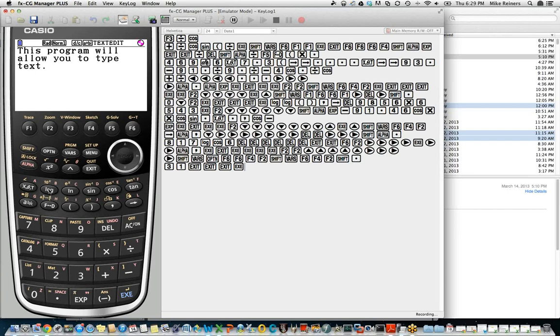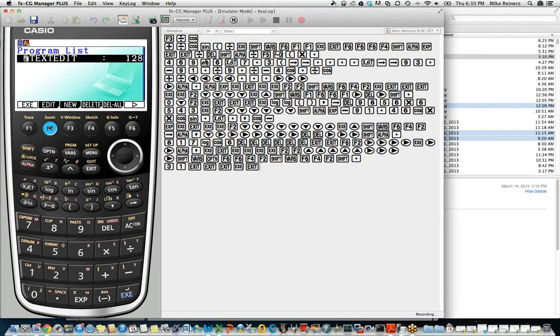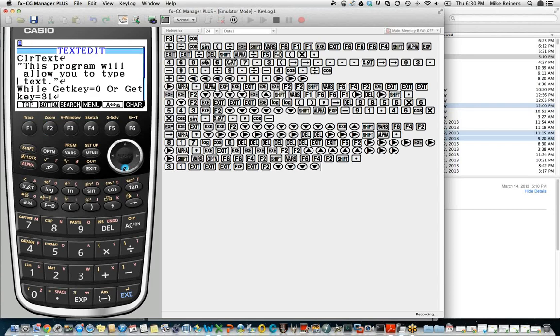So let's try pressing that logarithm key again and see what happens. Right away we're told, yep, you pressed key number 66. Outstanding. So we've now gotten the calculator to tell us exactly what key we press. Let's go back to our program and edit it. This is great, and we now debugged our program sufficiently so that we know that other than the execute key, the user can press any other key on the keyboard, and it will be fine.